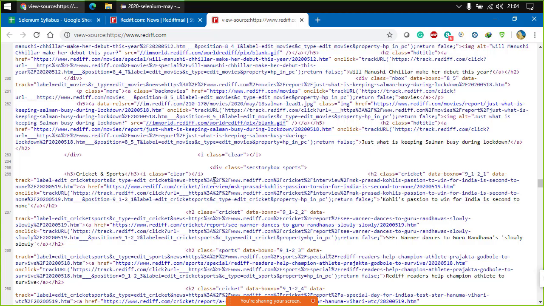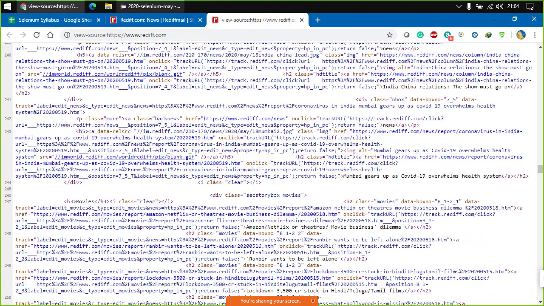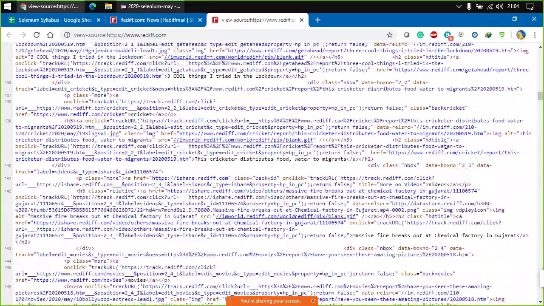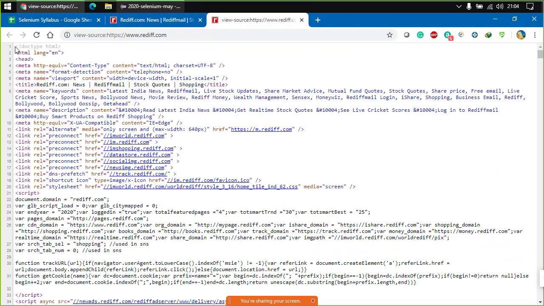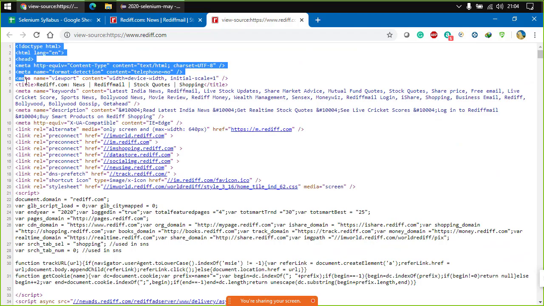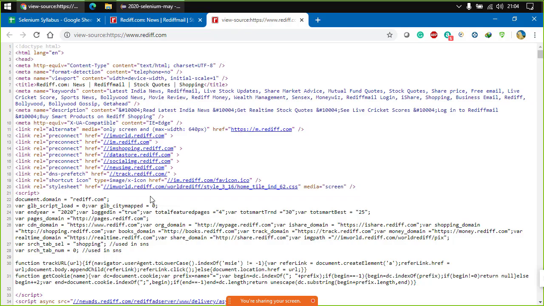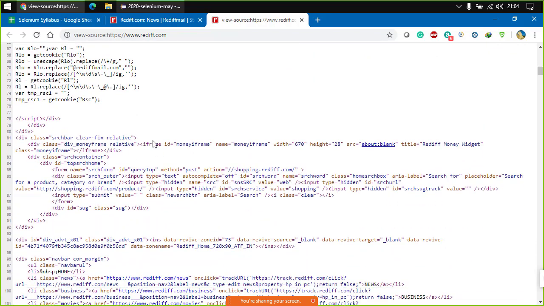Now you may be having a question in your mind, how? What it does is, it goes to the top, it gets this file and it starts reading this particular file. There are a lot of things in this file, as you guys can see, there is a lot of content.